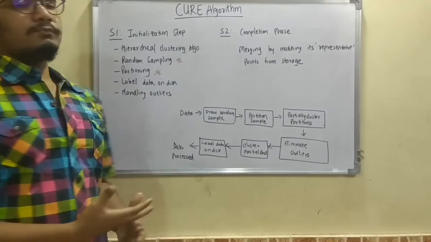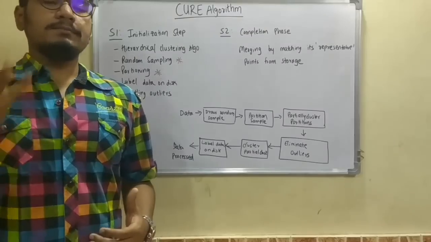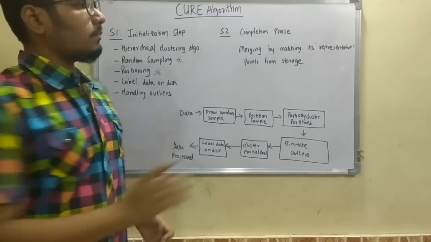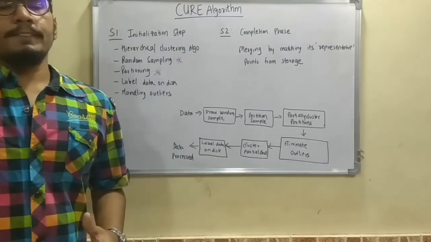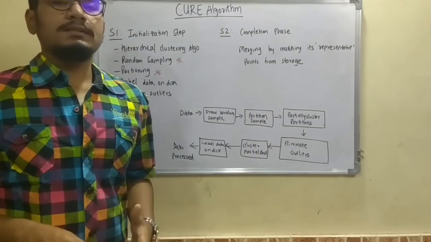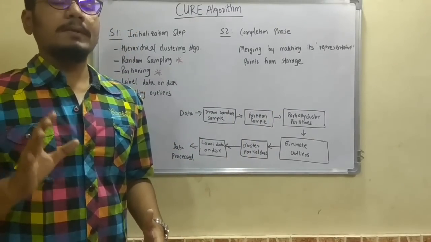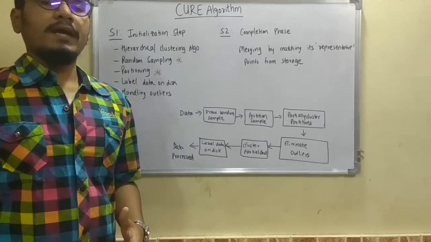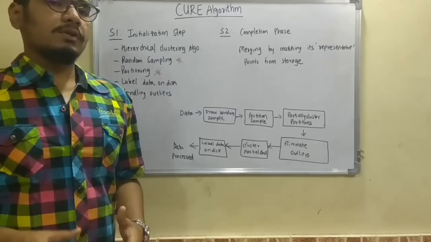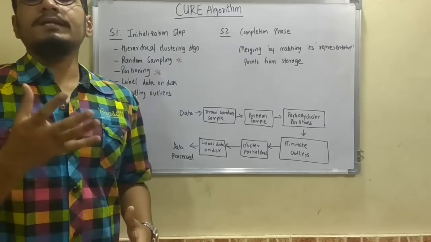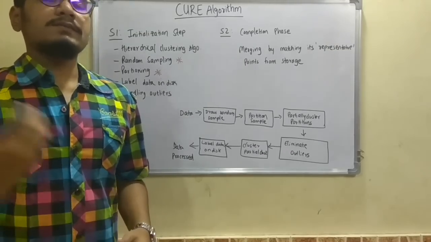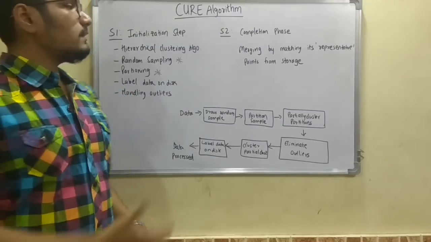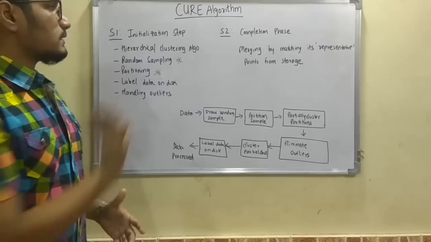Next, instead of using a one-point centroid as in most algorithms, CURE uses well-defined representative points for efficiently handling the clusters and for eliminating the outliers. This is one major feature of the CURE algorithm. And the final most important feature is that it uses the random sampling technique as well as the partitioning technique for its execution, which we'll see in the initialization step. So let's start this algorithm.